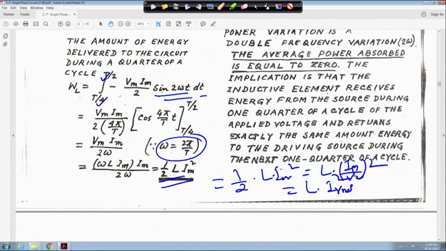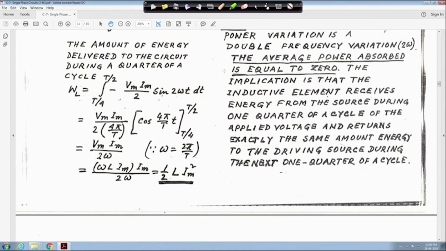So, whatever we know that in an AC circuit, energy stored is half L Im square. So, if somebody says half L i square, it means it is Im peak value, not the RMS value. If you take the RMS value, it will be L into I RMS square, right. That is why it is half L Im square, right. Similarly,